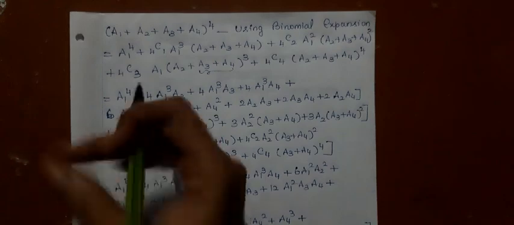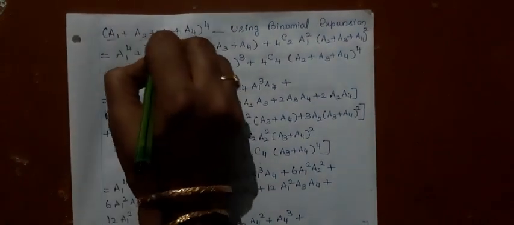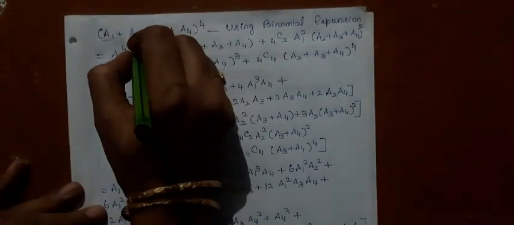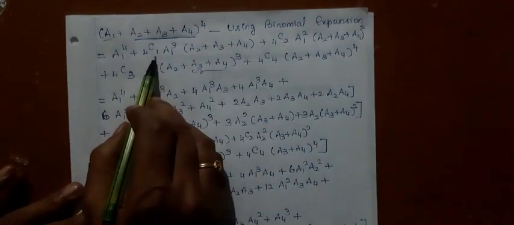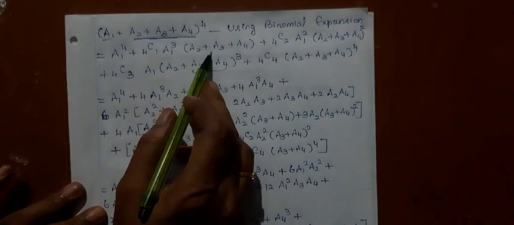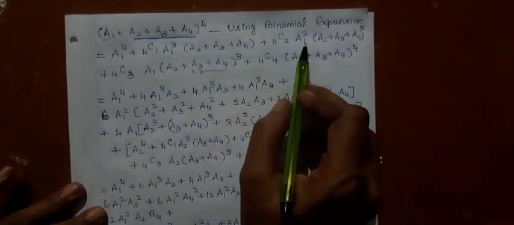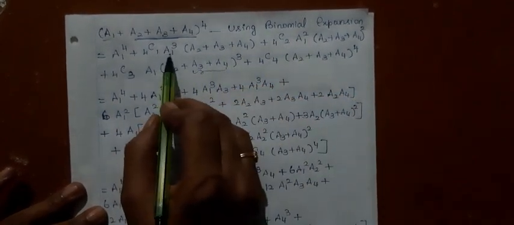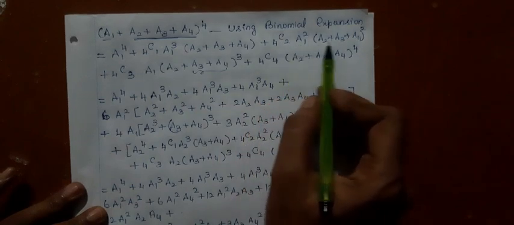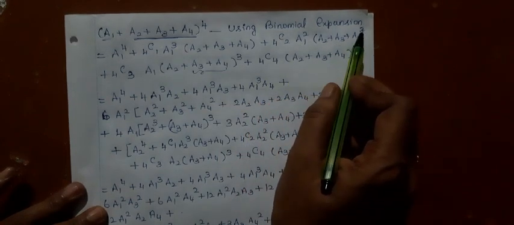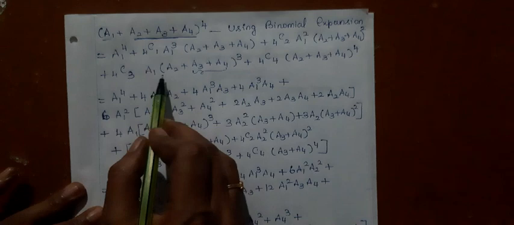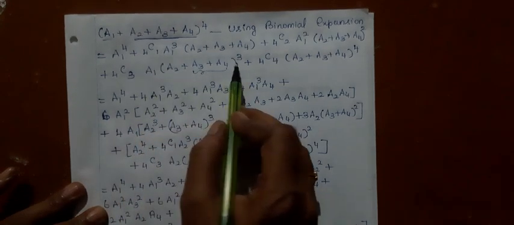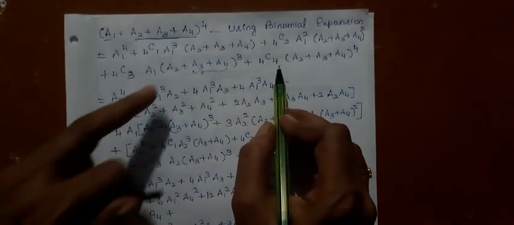I'm taking a1 as one term and these three terms together as the second term. So a1 power 4 plus 4C1 a1 power 3, the second term; the next term is 4C2 a1 square. See, the power of a1 keeps on decreasing and the power of the second term keeps on increasing, plus 4C3 a1 with this power 3, plus 4C4, a1 goes off and this power 4. Okay, now